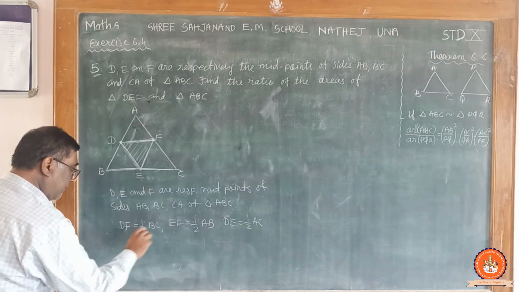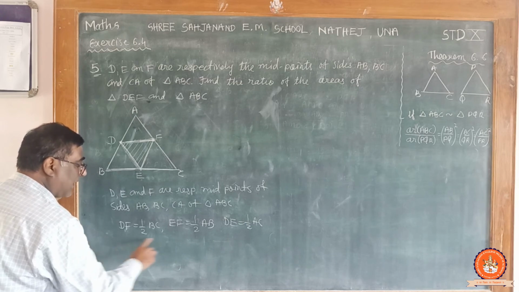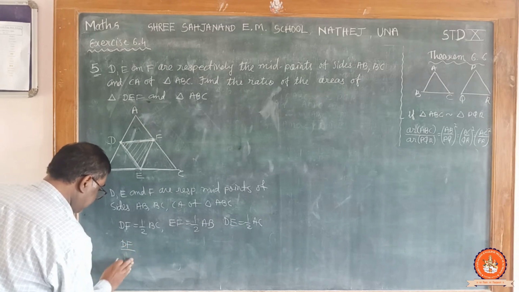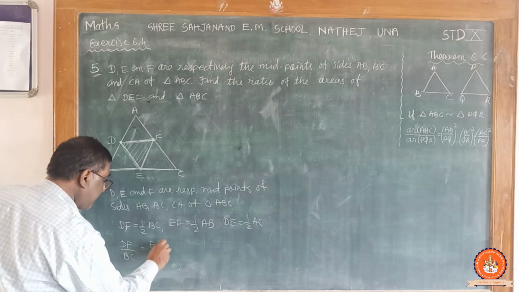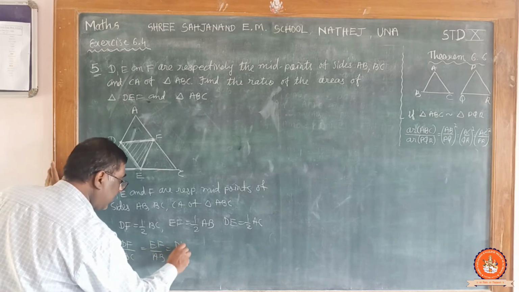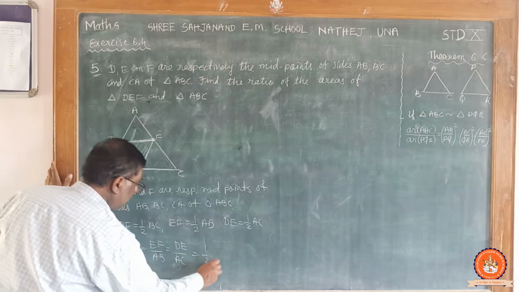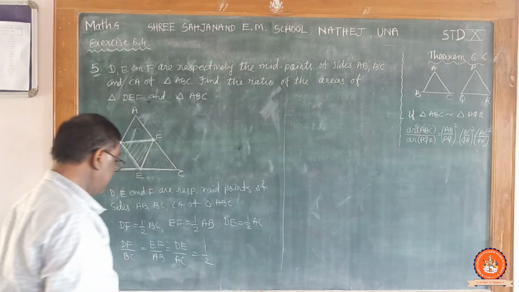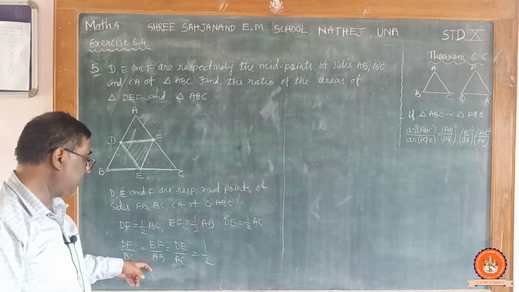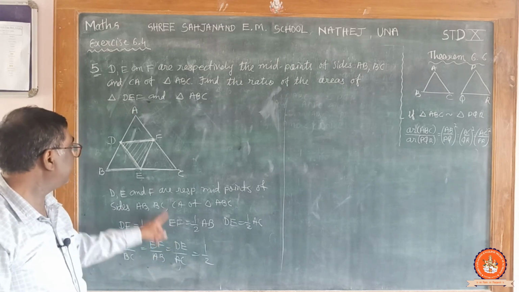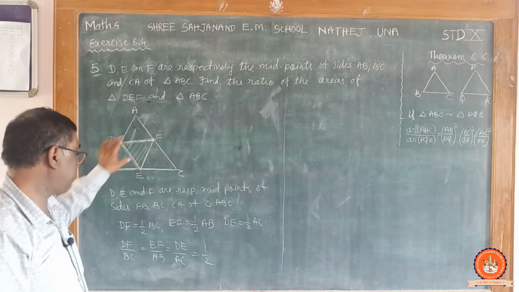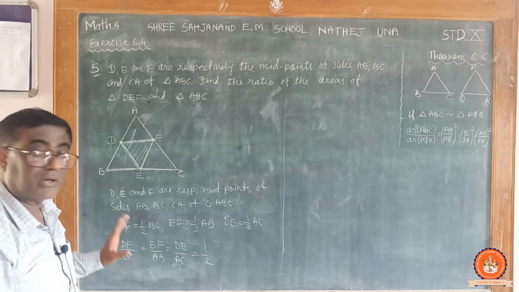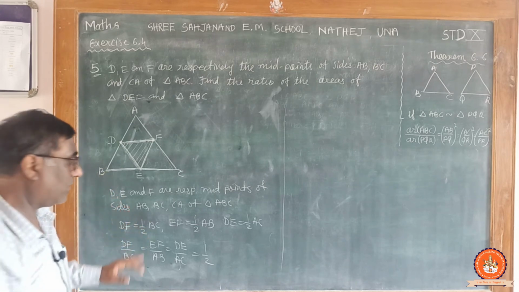Okay, now moving BC toward the left hand side, AB here and AC here, we get DF upon BC is equal to EF upon AB is equal to DE upon AC is equal to half. The values of all three ratios will be the same and will be 1/2. So look at it, DF upon BC is equal to EF upon AB is equal to DE upon AC. The upper three sides are of triangle DEF, the lower three sides are of triangle ABC, that is, the ratios of all three corresponding sides of triangles ABC and DEF are equal. Okay, so these two triangles are similar.